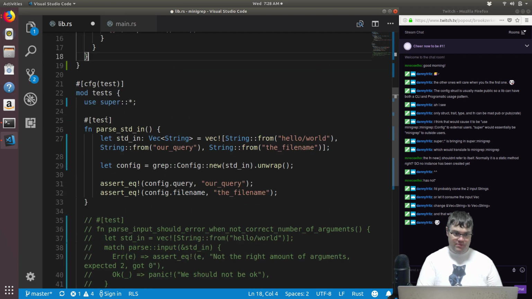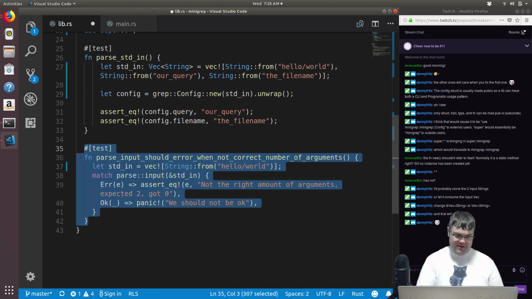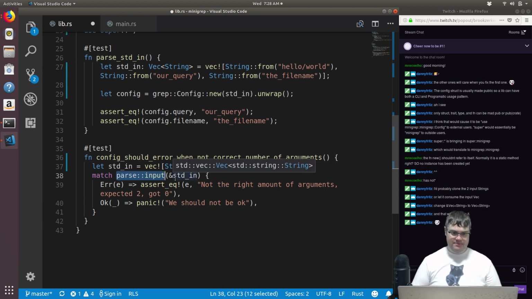We want to repeat that down here to double check that that result is fine. So parse input should return, this is not parse input anymore. This is just config. So we have our standard in string from hello world. So we don't have enough things in here. We're going to match parse input. So this is incorrect. It's now going to be grep